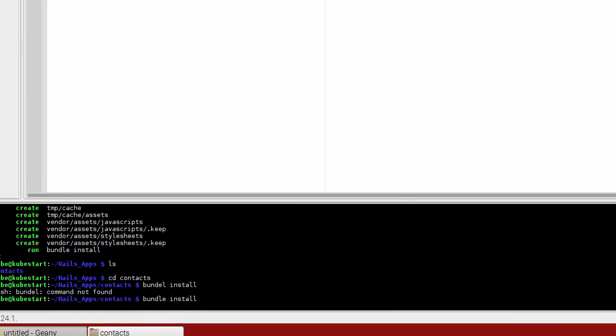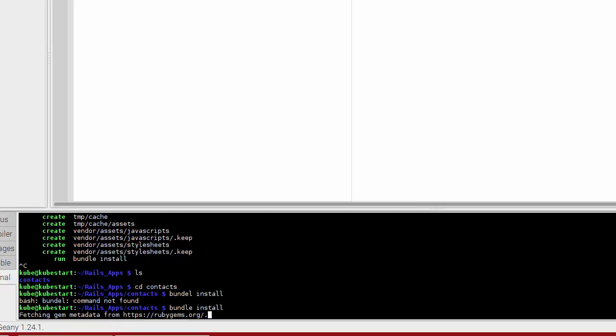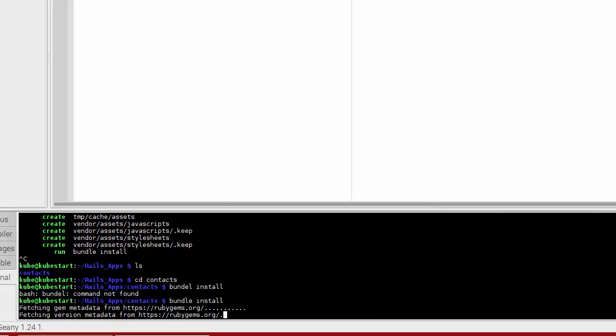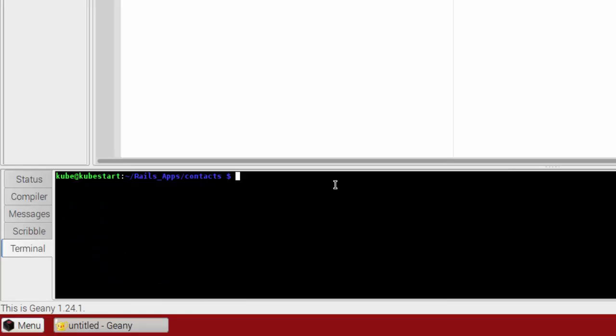Enter. And that's going to go out to the internet, and it's going to make sure that you have all of the Ruby gems, which are little pieces of code that you can insert into your program to make things a little bit quicker and easier. We'll go over Ruby gems as well. Okay, once it's done bundling, you'll be back at a command prompt, and in order to check and see if the application got built and everything was bundled correctly, what we can do is start a command called